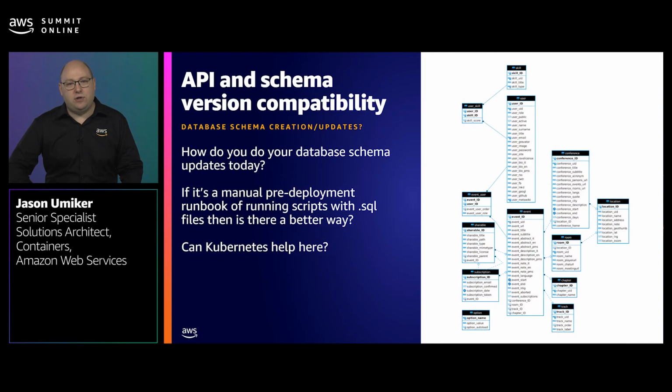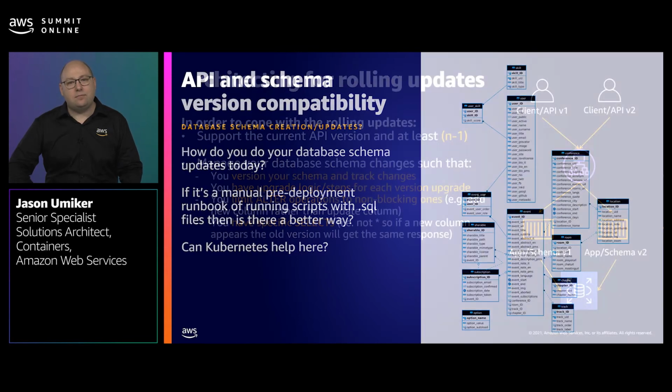The other challenge with deploying new versions of your services is that when you deploy a change to the schema for the database behind the service, for example, to accommodate a new column or table to store data for a new feature. The way that this was done in the past was to give a runbook to an IT operations person or database administrator with a bit of SQL that needed to be applied to your production database as a prerequisite for your application deployment. We'll look at how you can automate that process with Kubernetes in a moment.